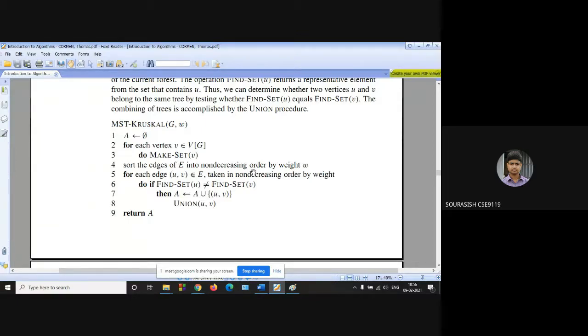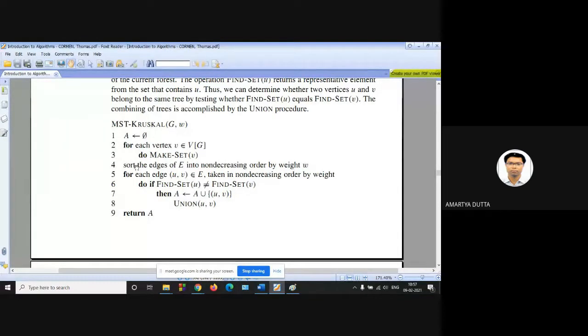Yes, the time complexity reduces. In case of bubble sort, selection sort, insertion sort, the complexity is order of n square, where n is the number of inputs. Here n is the number of weights. But if we apply merge sort or quick sort, then order of n square is reduced to order of n log n. N log n is better than order of n square. That's why at line number 4 you can easily apply quick sort or merge sort. So up to line number 4, any query?